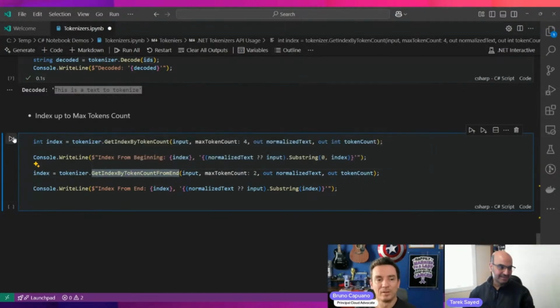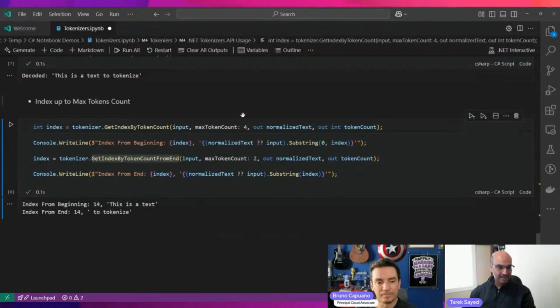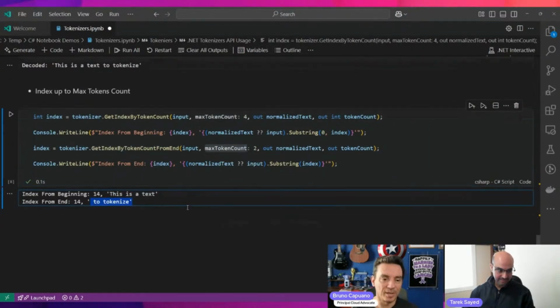If I run that, for the first one I want just 4 tokens, and I got up to this part of the text. In the second example, counting from the end just 2 tokens, it gives me just this. Yes, you have the 2 tokens from the end because you have 6 in total, so it's the full sentence.